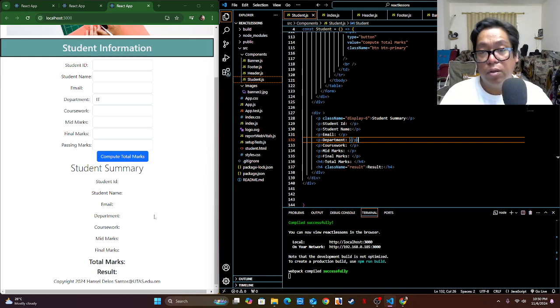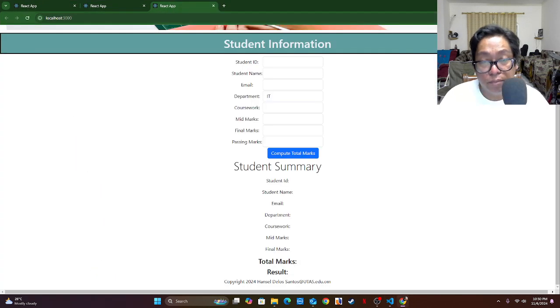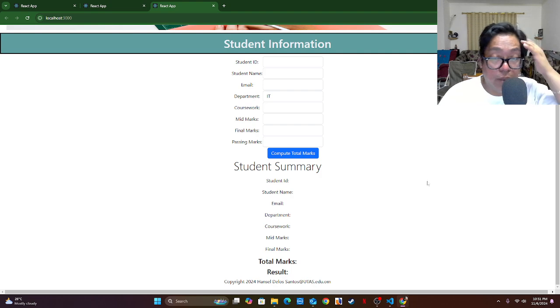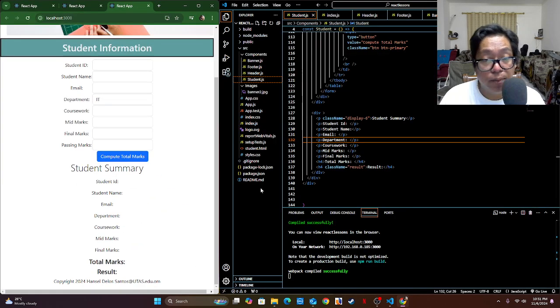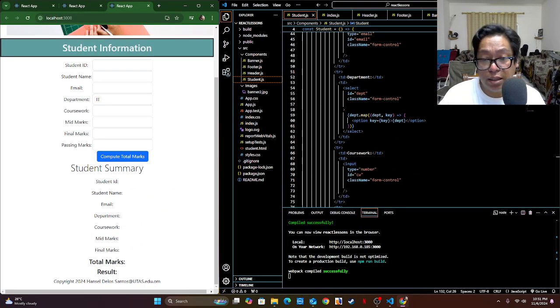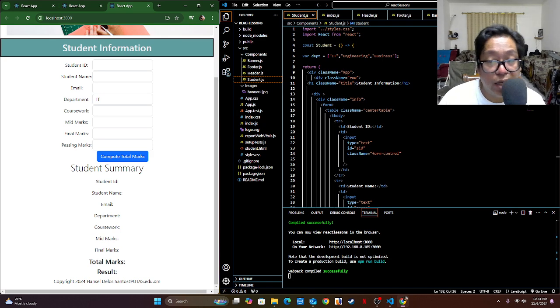And this time, we need to fix one of the components, which is the student component, because the Bootstrap grid system is not working at the moment. So what we're planning is this student form along with the student summary should be working along on a single row. So of course, we need to fix one of the classes of our